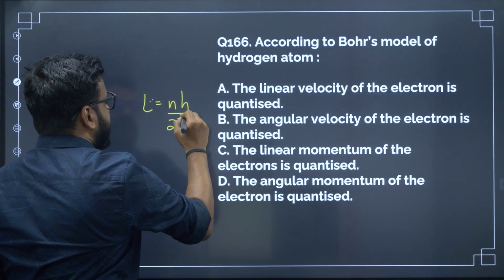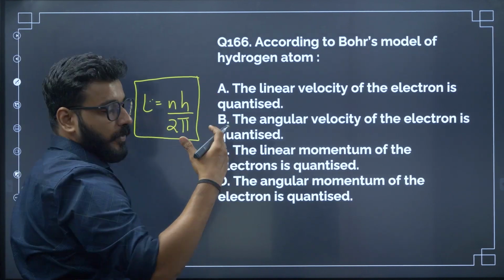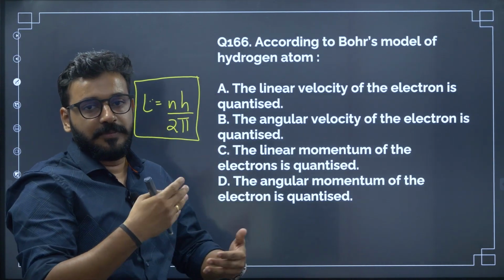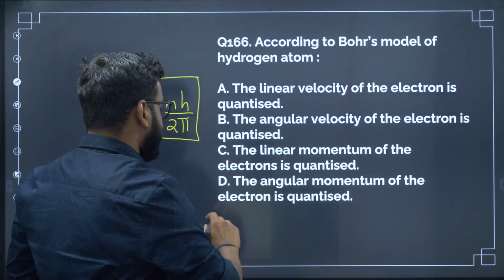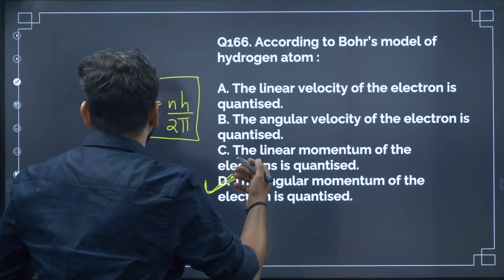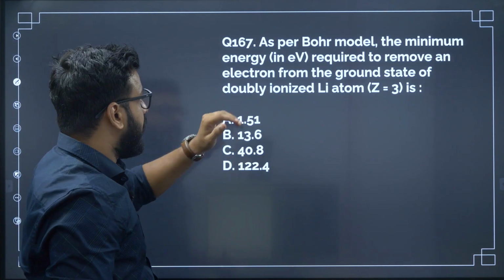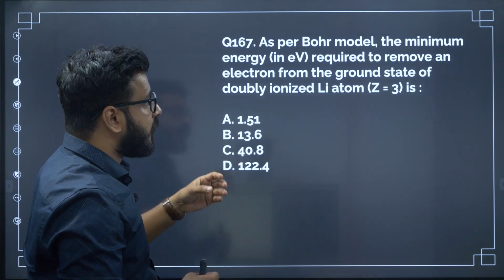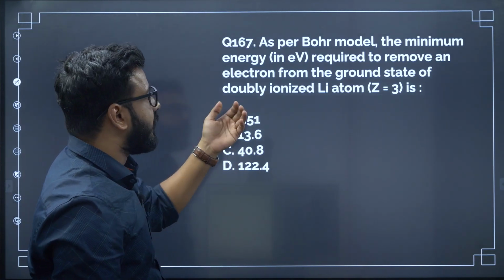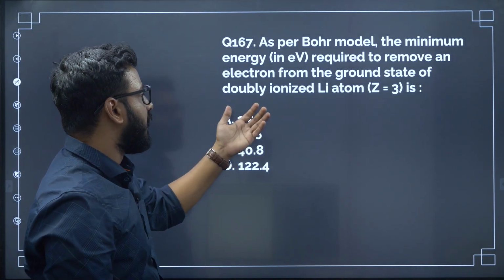That means with each orbit, the angular momentum keeps increasing with the principal quantum number. So the correct answer is option D. All right, very simple question, straightforward. So if you understand it, you can directly get it. Next, question number 167. As per Bohr's model, the minimum energy required to remove an electron from the ground state